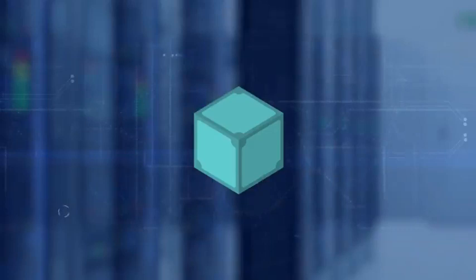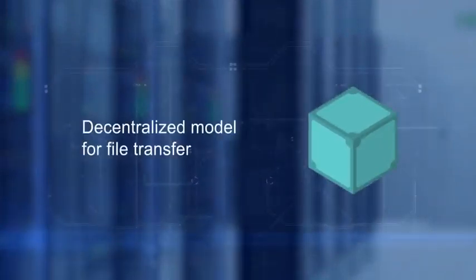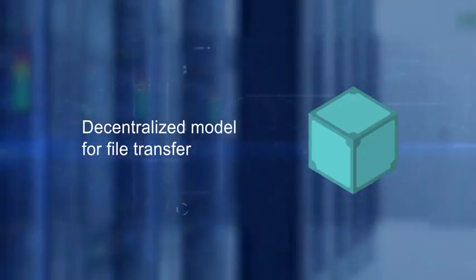Think about this. A blockchain is fundamentally a decentralized system. Alternatively, a decentralized peer-to-peer system can be realized independent of a blockchain. Interplanetary File System, IPFS, is a fine example of such a system. IPFS is a decentralized model for file transfer in contrast to the centralized namespace and transfer provided by the HTTP family of protocols.